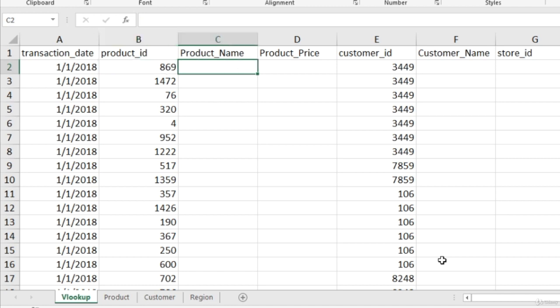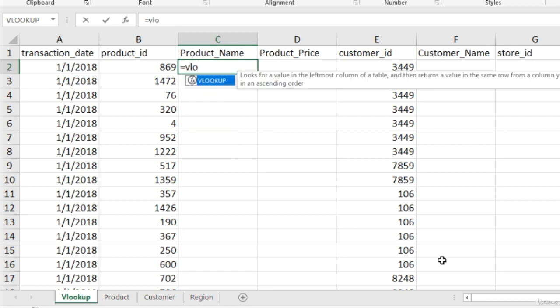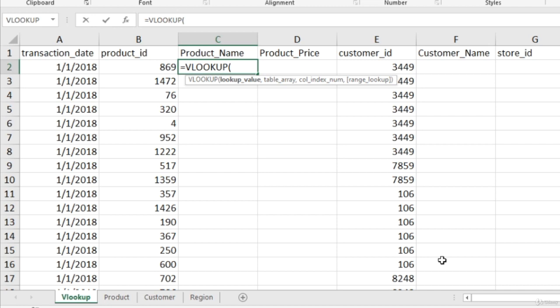That is very simple, but please watch carefully. What we have to do is equals VLOOKUP. So we'll just write VLOO after the equals sign, and Excel will quickly give you the formula. You will just press the tab key on your keyboard and Excel will open this formula. Now the first thing is the lookup value, what I'm looking for. So I will say I'm looking for 869. The first thing I need to tell Excel is cell B2, that I'm looking for this, and I will press